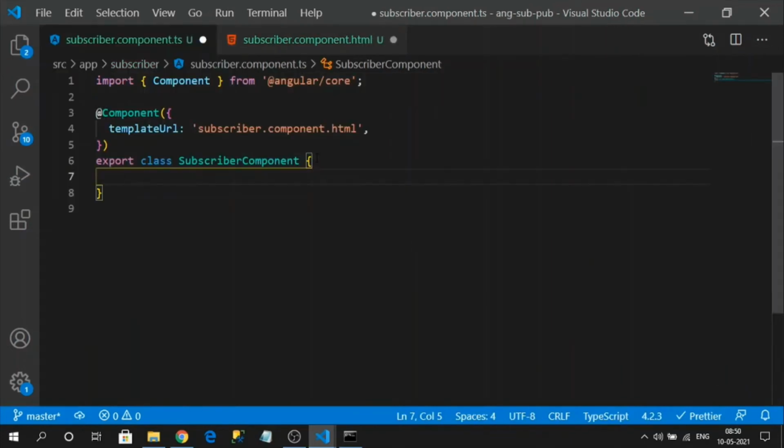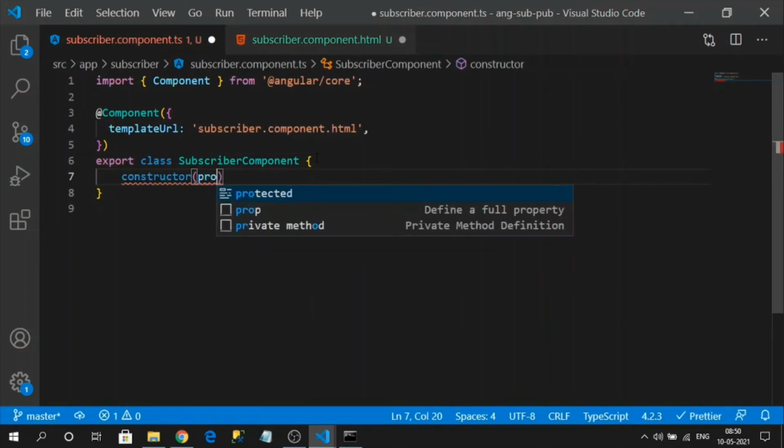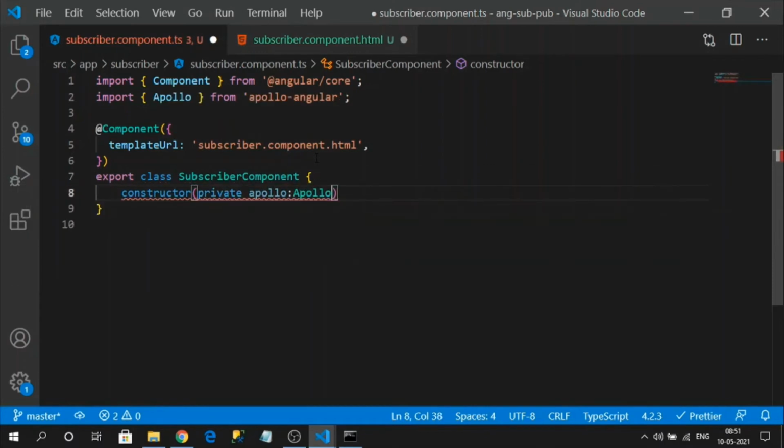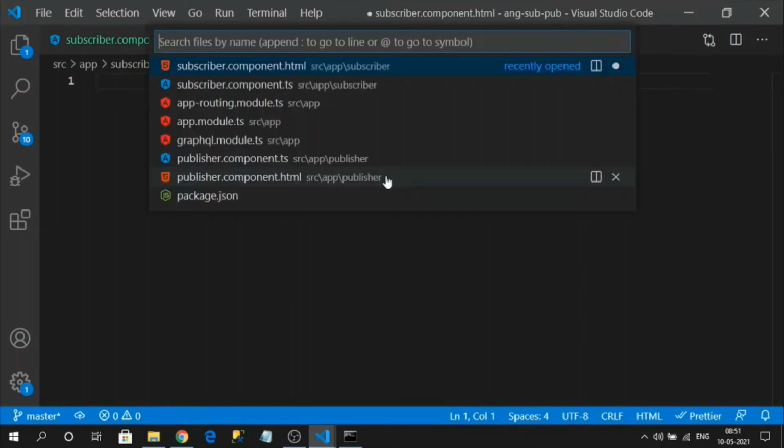I will first inject the Apollo instance into my constructor. Okay. Now, in Apollo Angular, when we go to our